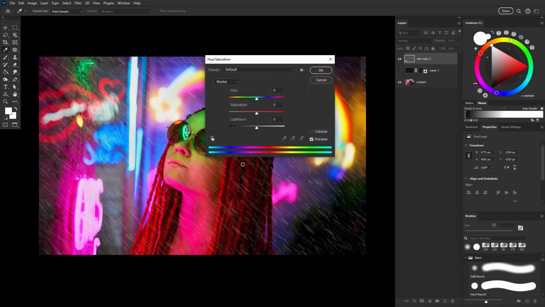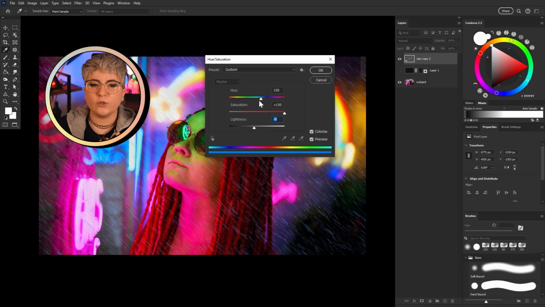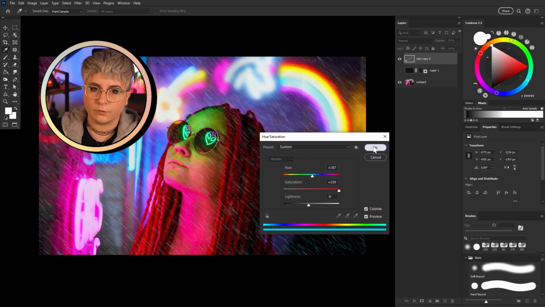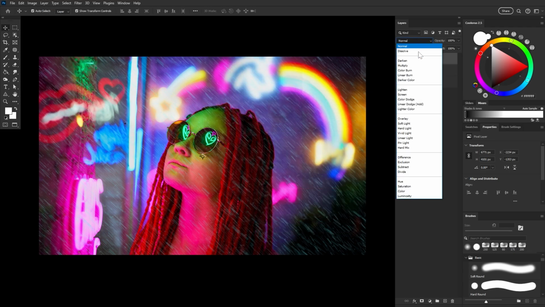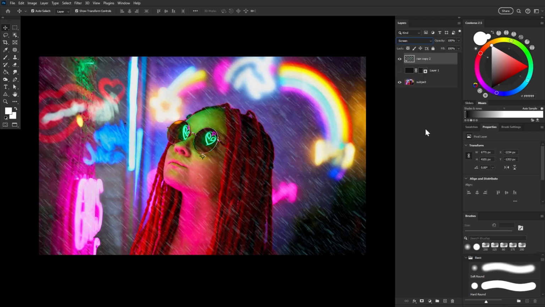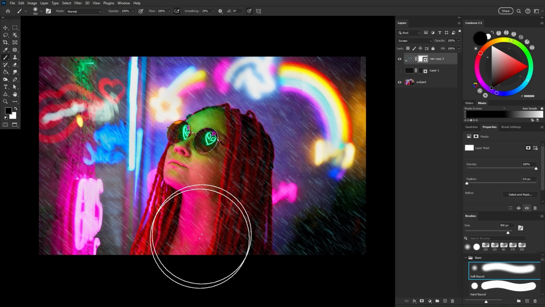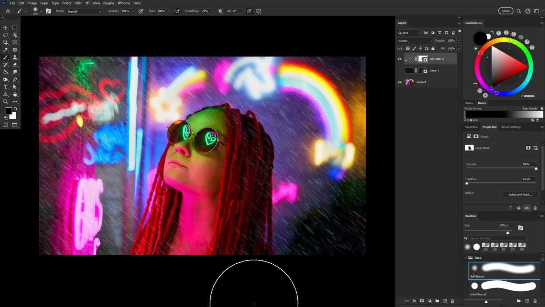We're going to check Colorize and add just a tint of color to the rain. Rain is transparent, so it's going to end up reflecting the light in its environment, in this case a nice vivid blue. But you can also add multiple colors to the rain using clipped layers, which ends up looking very nice. You can also make some of the areas of rain extra bright by duplicating it, setting it to overlay, and then masking it out over areas of, in this case, really bright light.